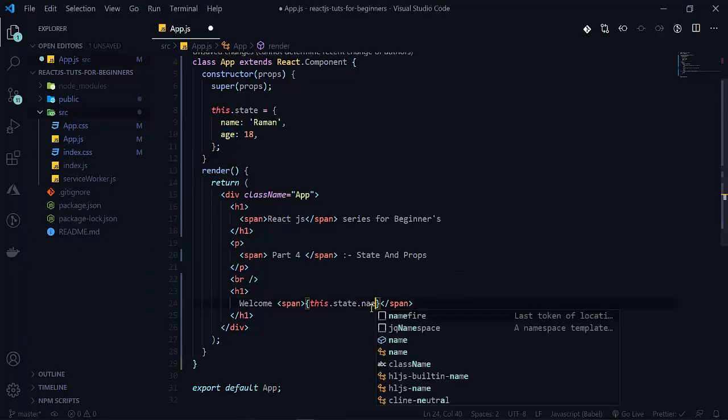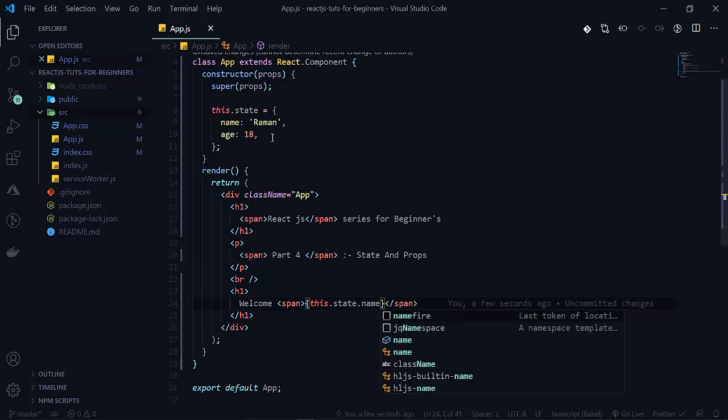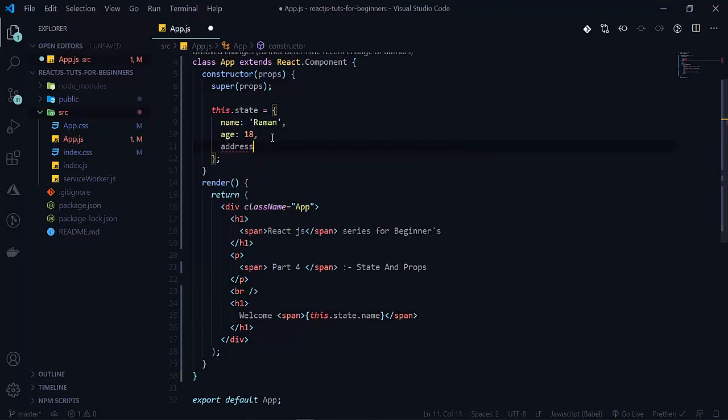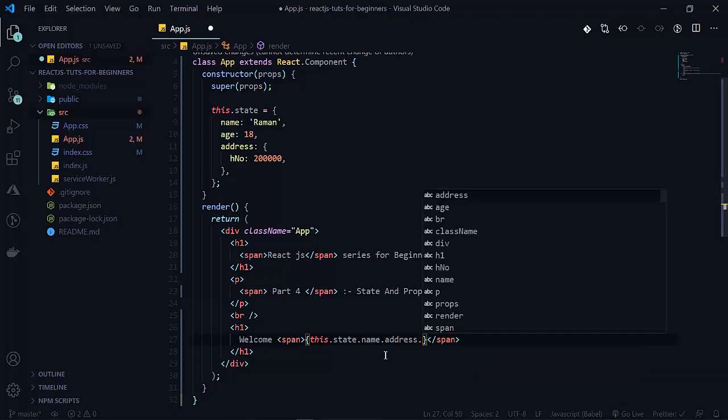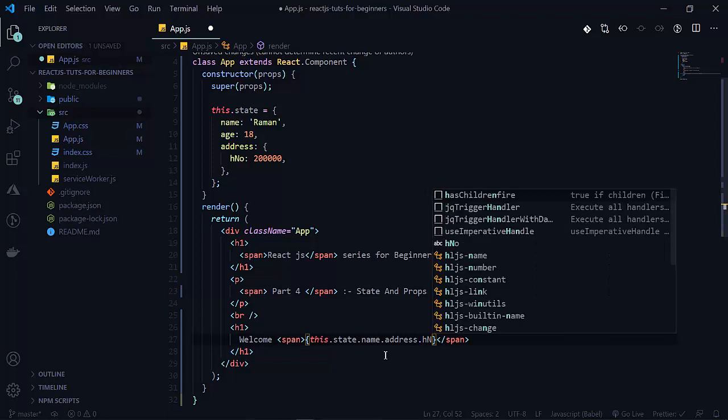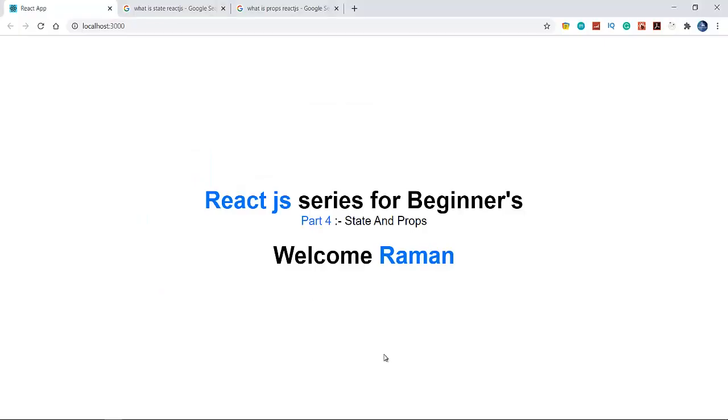So you can also create nested objects here, like address. So address will be like house number, house number 2000 like this. So we have to write state dot address, and then in the address there will be our house number. So there will be house number.